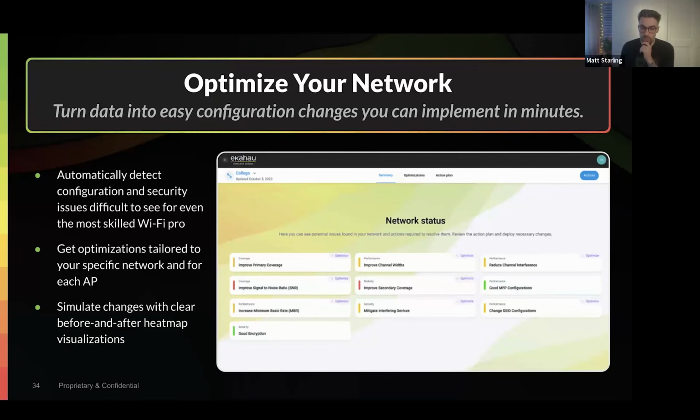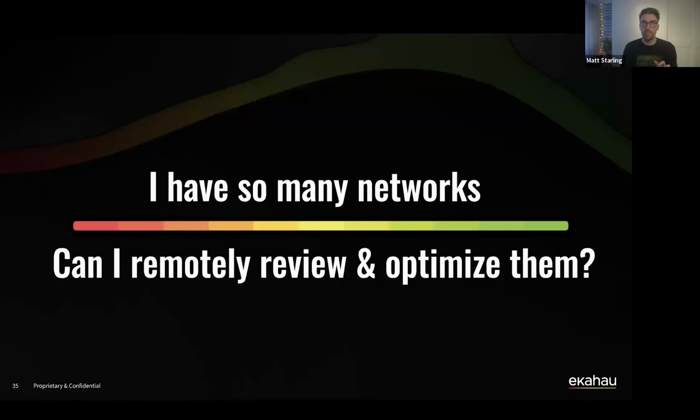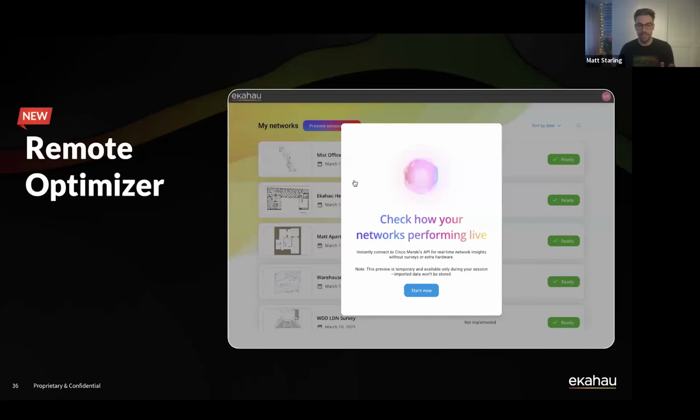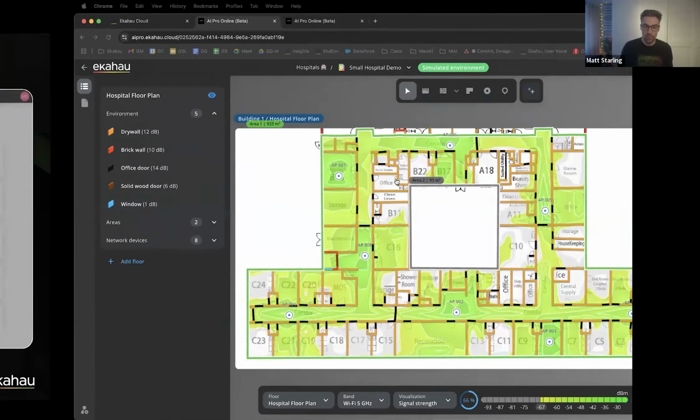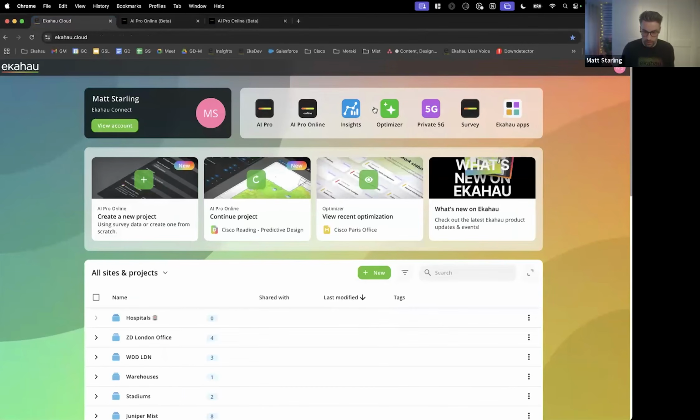Okay, great. So there was one thing I wanted to show you quickly. We have a new solution for Optimizer that actually you can now remotely review and optimize your networks without going to site to do the survey. So we're referring to this as the remote optimizer. So let me just give you a quick demo of how this actually works. So if I just fire up